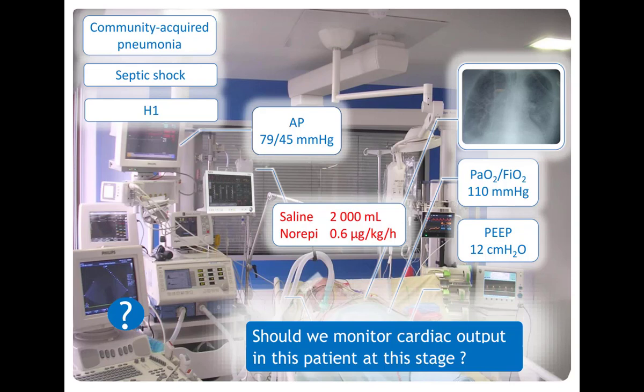Would you like to give more fluids? Yes? No? Why? Because of the PF ratios. The PF ratios are totally gone. So here giving more fluids will be very, very dangerous. But at the same time, some data can be obtained with the help of these devices, which gives you information regarding the extravascular lung water. It gives you the information regarding the cardiac output. And that's where the role of these devices, calibrated devices, come into the picture.